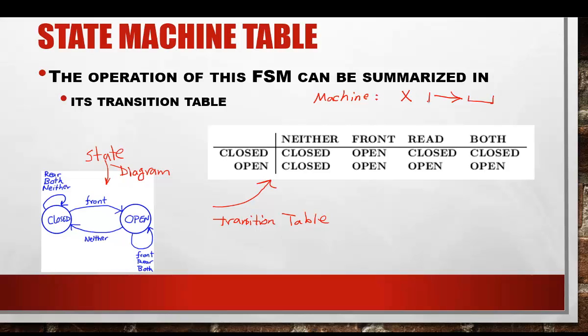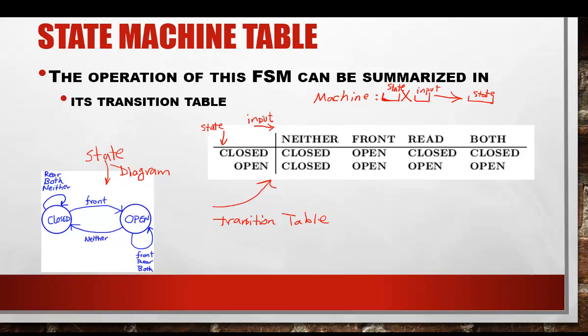So you have two sets that you draw the inputs of this machine from, and each combination of these inputs would produce an output. Here, the domain comes from the state of your machine, and then the input. And then the resulting value is a state. Basically, if the door is open, remain open or close it. If the door is closed, open it or keep it closed. So my states are the rows of this table,